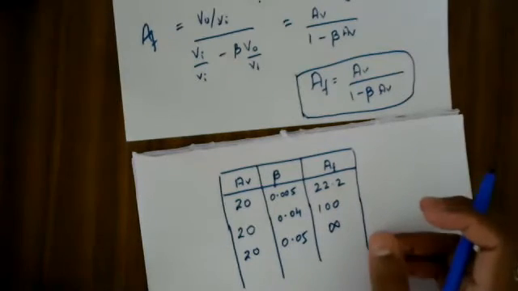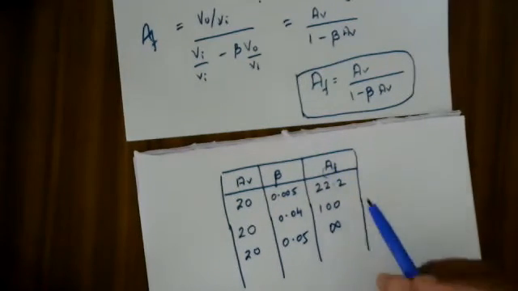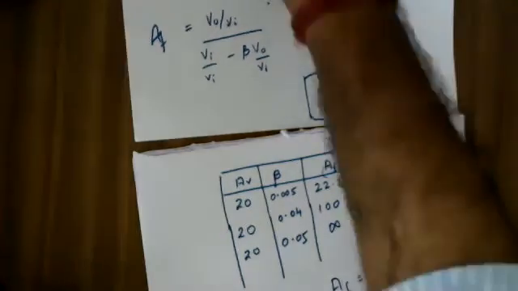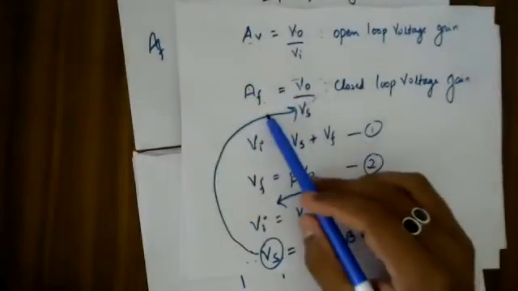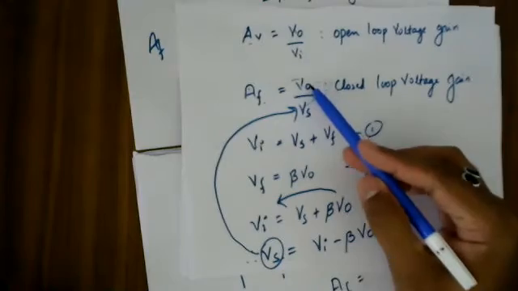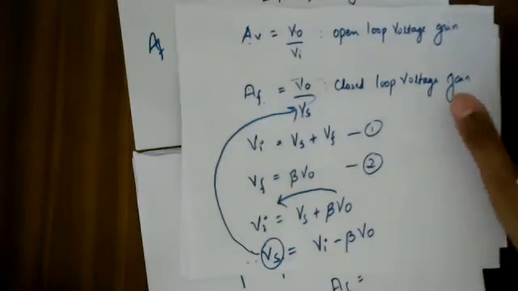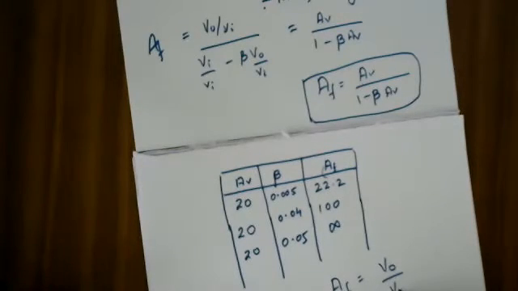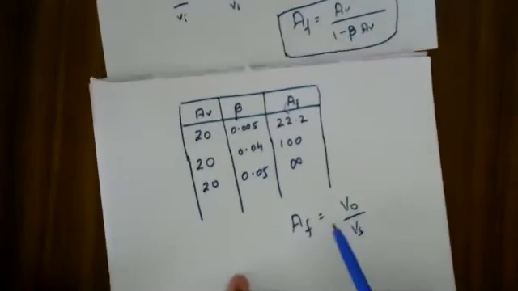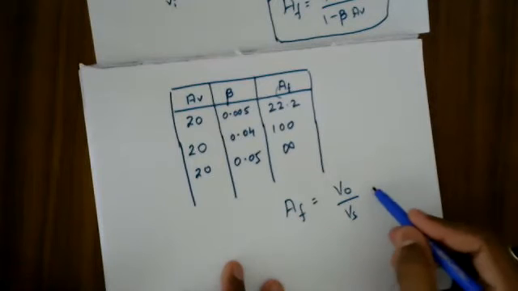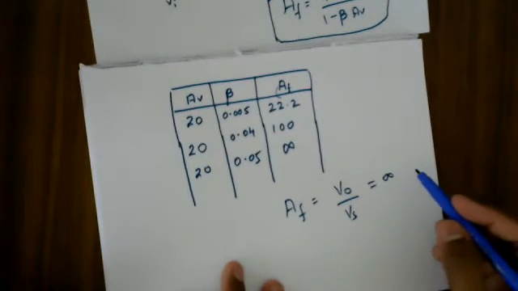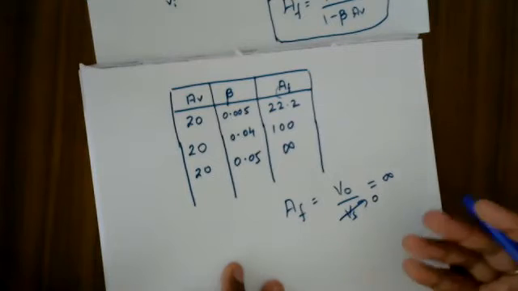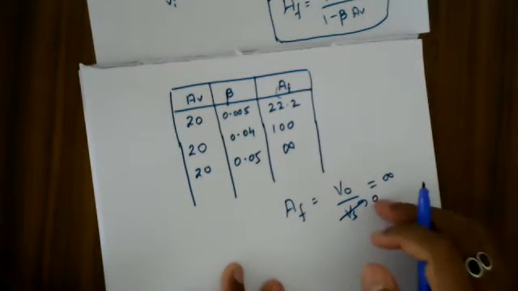Go back to your equation. What's the equation for your AF? You have defined prior the equation for AF, as a ratio of V out divided by Vs. So since you have defined AF as V out divided by Vs and are able to get the value of this AF as infinite, how is it possible? This is possible only when my Vs becomes 0. This is what we are saying.